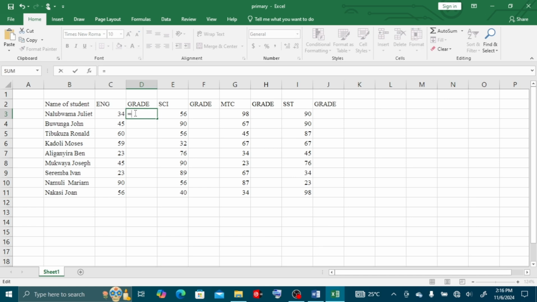The function always begins with an equal sign. We are going to use the IF function because we are going to grade. IF is followed by a function bracket, and you bring now the cell which contains the marks you want to grade. So from there you say, if C3 is greater or equal, because now we are looking for those who have 80 and above. Greater or equal 80, you put a comma, you open quotes, assign the grade, close quotes,